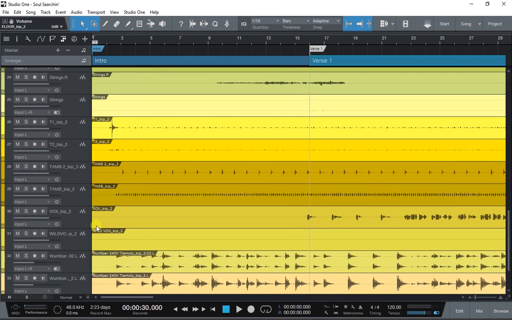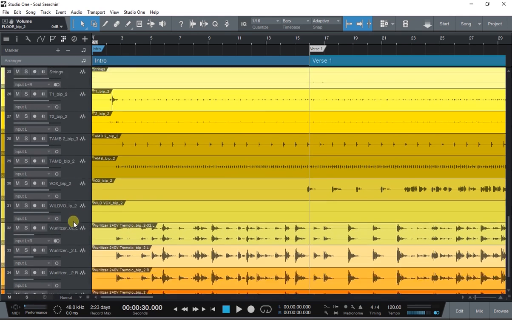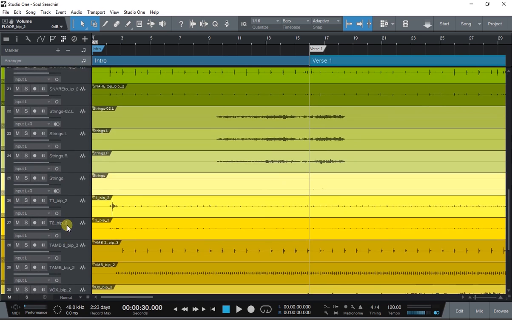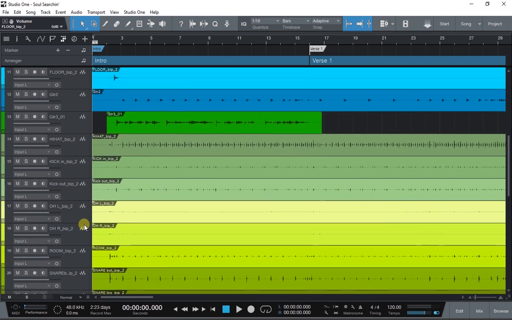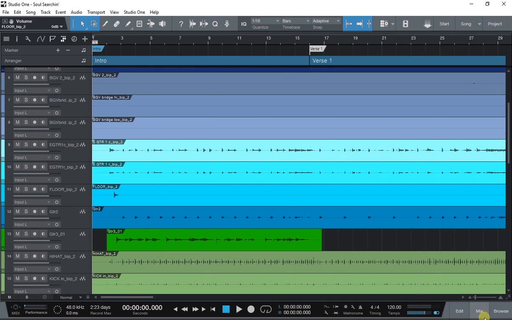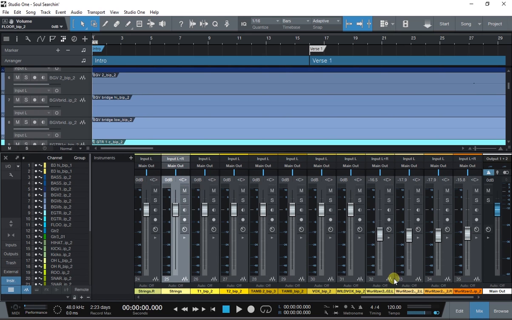We can move them here. We can move them in the mixer. Looks like I've got percussion instruments, voices, a Wurlitzer. I like to do them by group. So as I went through, I would find, for example, drums, and I like to start with my drums at the top. I'm going to go into the mix window and see if I could kind of find